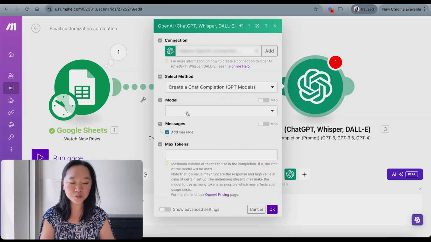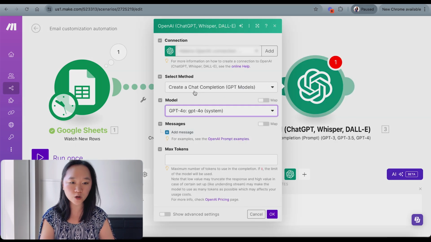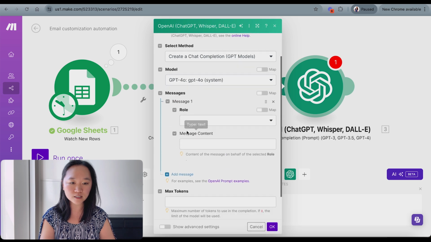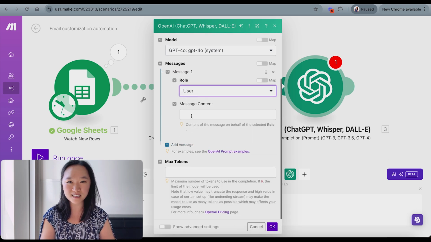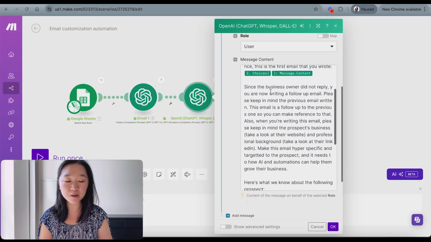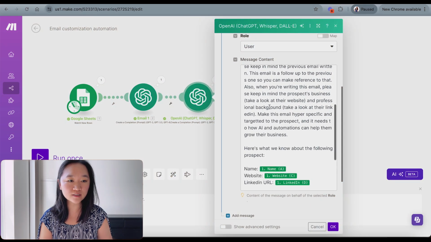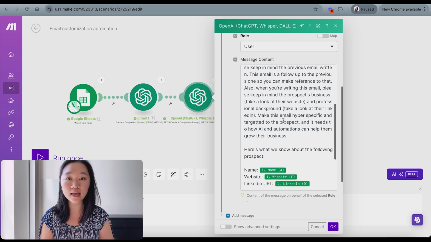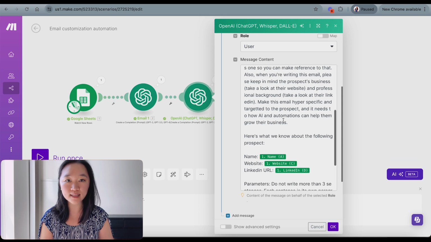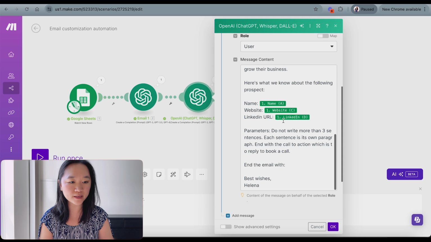Repeat the same process by selecting GPT-4o as our model. In the messages, I'm going to select user as our role, and here I'm going to put in my prompt. Okay, so I have put in my prompt for the second email here. I told AI to reference the first email as well as take a look at the prospect's website and LinkedIn to write this follow-up email. And of course, to keep the email no more than 3 sentences and have a call to action at the